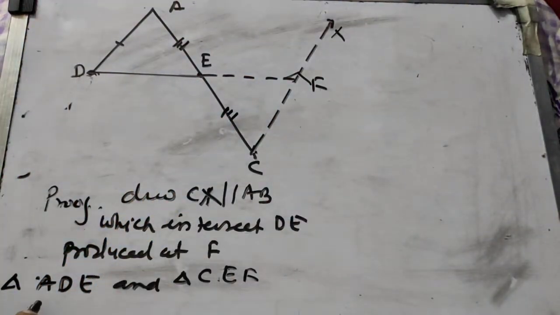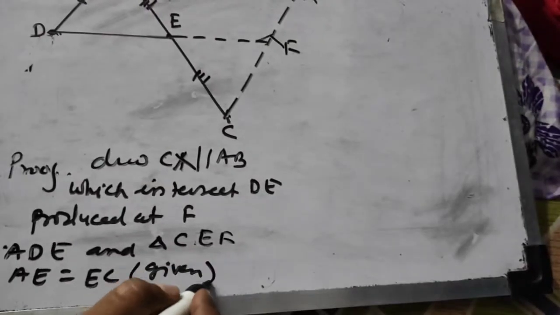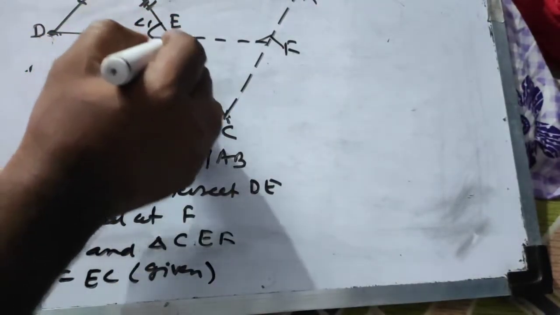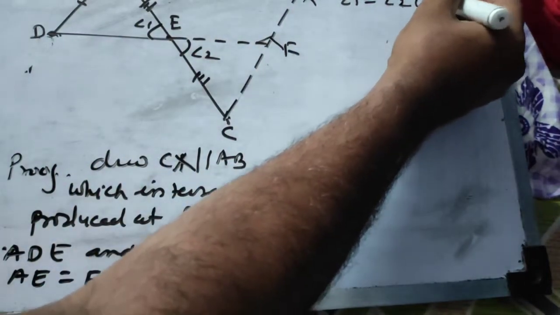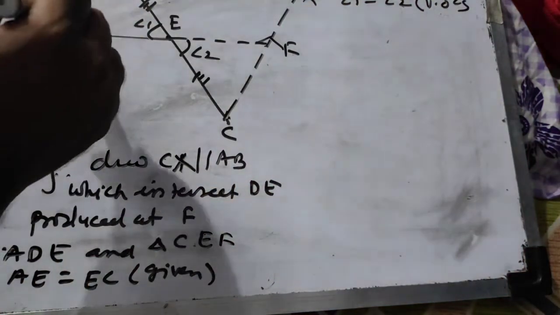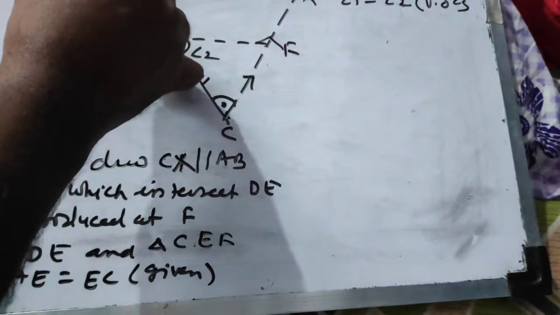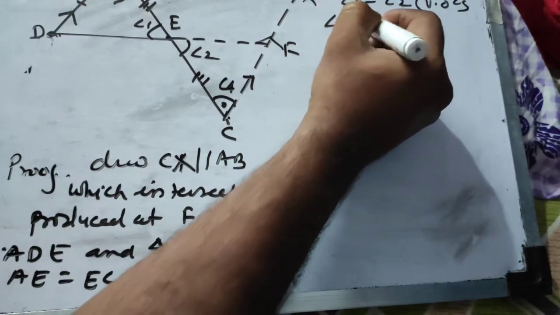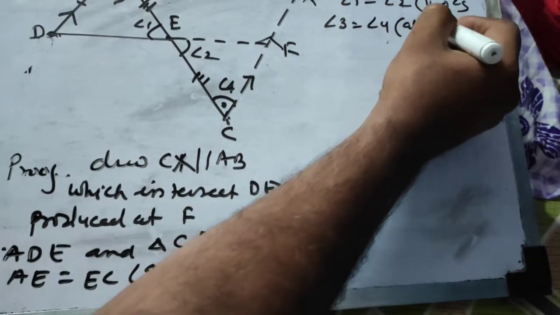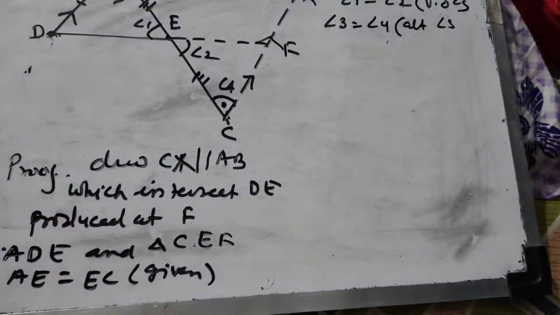So first proof will be this is equal to this. We'll write AE is equal to EC, that is given. And second proof, we'll write angle 1 is equal to angle 2, vertically opposite angles. And third, I already know this line is parallel to this line, so alternate angles will be equal. So this angle will be equal to this angle. Marking it 3, marking it 4. So we'll write angle 3 is equal to angle 4. Reason is alternate angles. So angle, side, angle, both the triangles will be congruent.